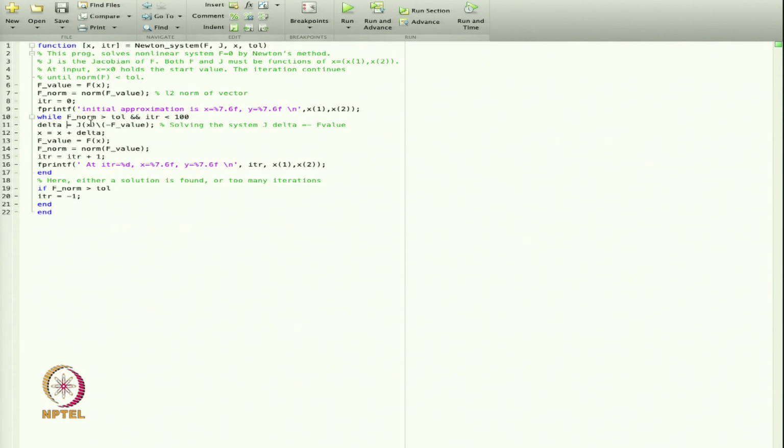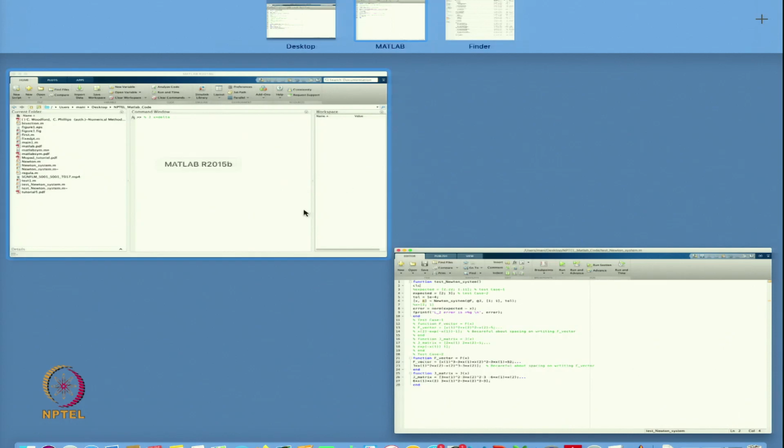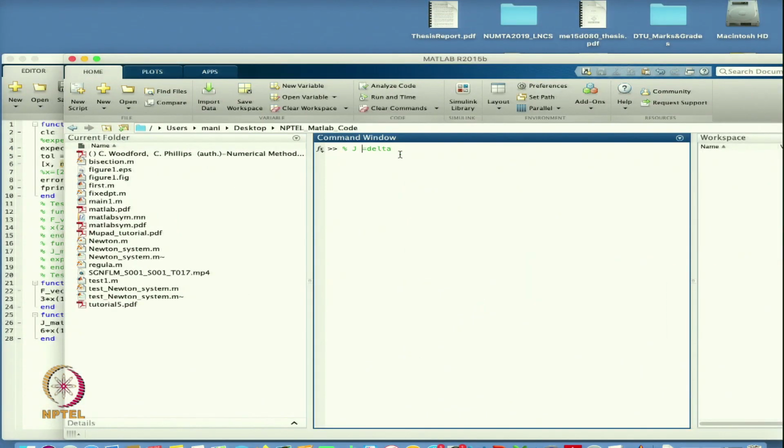So, delta is what? The Jacobian. In the previous lecture you have seen that you will get a system of equations like this one. So, I will get from here J delta is equal to minus f values. This is what we are going to get. So, J is the Jacobian, and this is the value I am going to find out. Basically, this was giving you the approximation of the roots x and y, and that was equal to minus the value of the function.